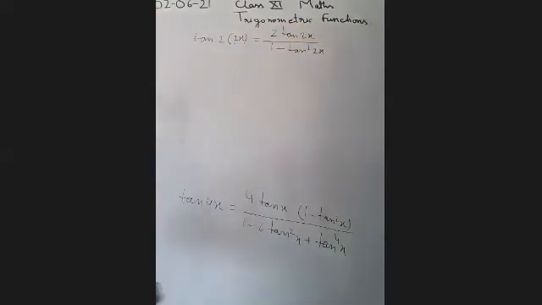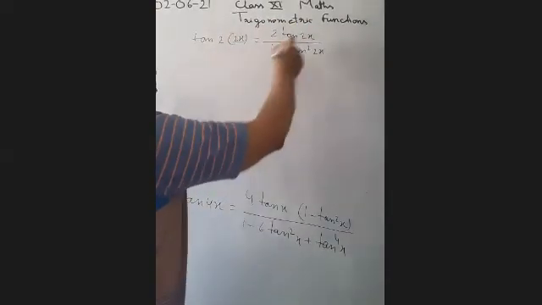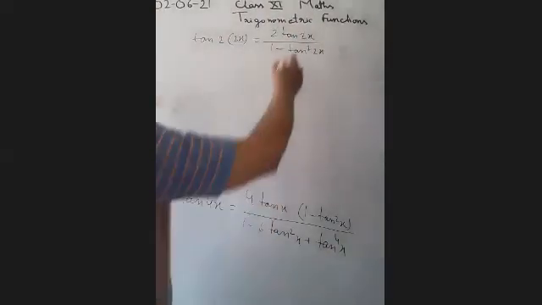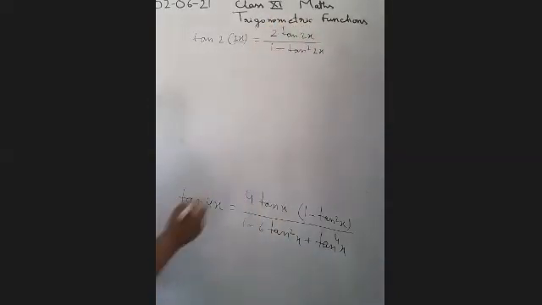Okay? If you remember, then it's okay. Just check on your notebook or wherever you have written. Okay? This is the formula of tan 2θ or tan 2x. So in place of x, we have taken 2x. So we have written here also in place of x, 2x. Here we can also apply this formula again.